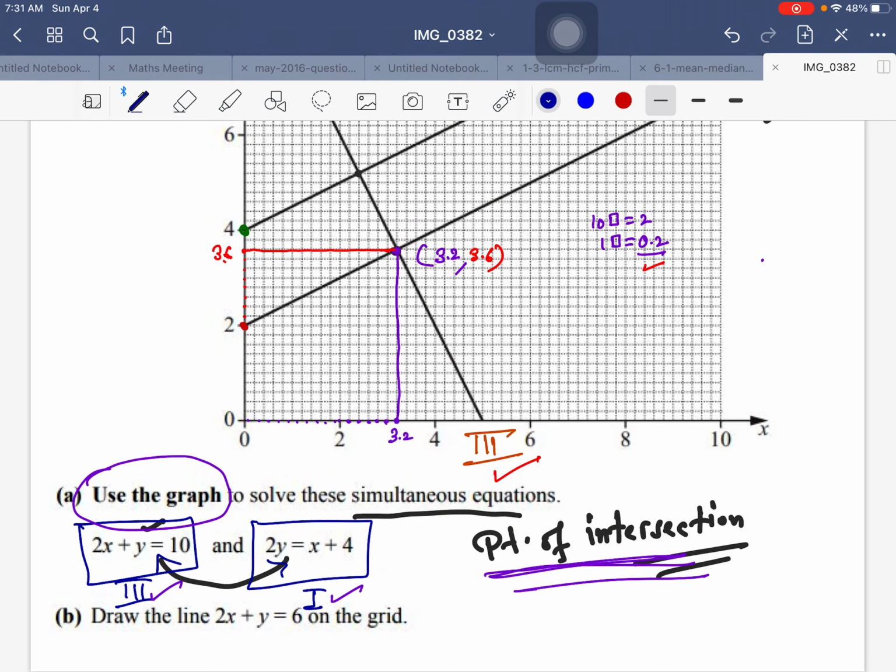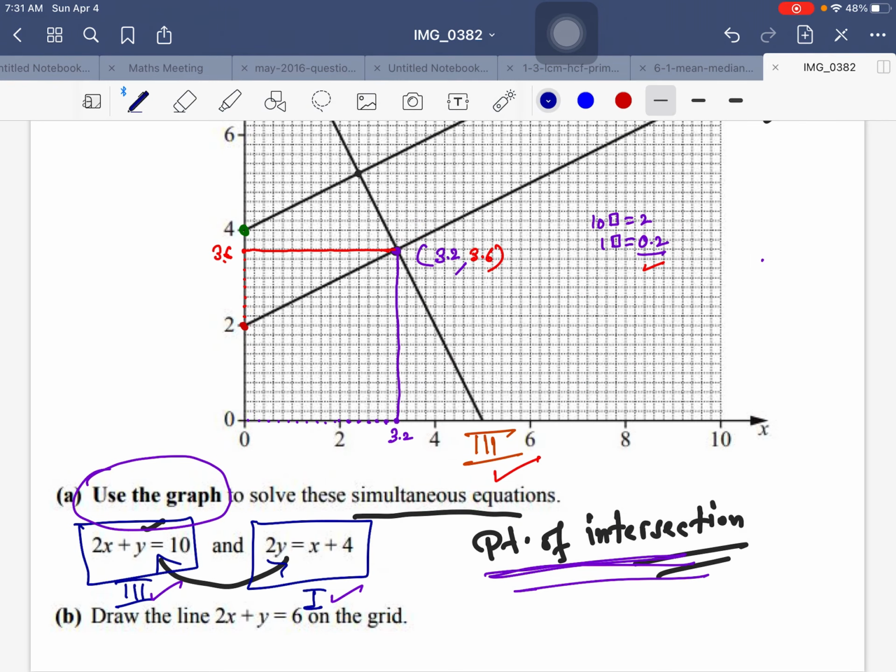Again, students, clearly, okay? I changed that equation into standard form. I got y equal to minus 2x plus 6. Then I started matching up with the standard or general equation of a line, y equal to mx plus c. So m is minus 2, c is 6. So the gradient of the line which I have to draw on the grid paper is minus 2, y-intercept is 6. Suppose I call this line the fourth line here.